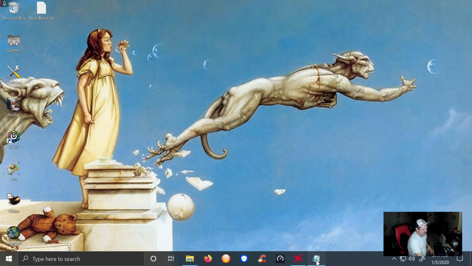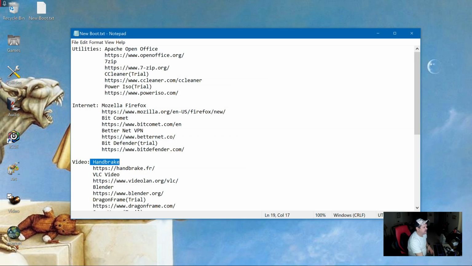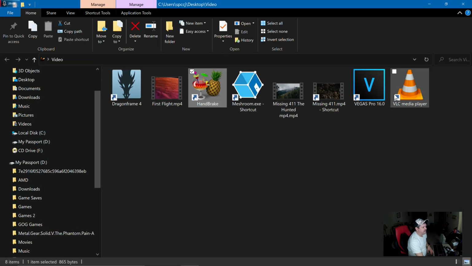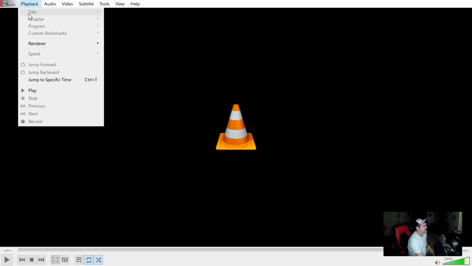Next on the list, VLC Video. Excellent program. So right up in here as well. Now this is open source freeware. You really want this because there's a lot of codecs and things that you won't be able to play probably just through the Windows player. But anyway, you can just come up here and